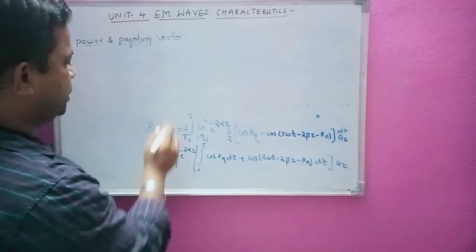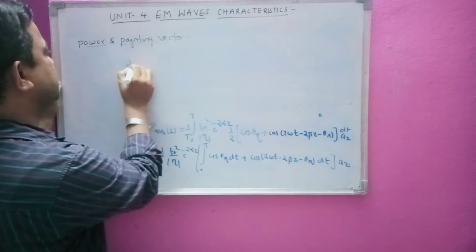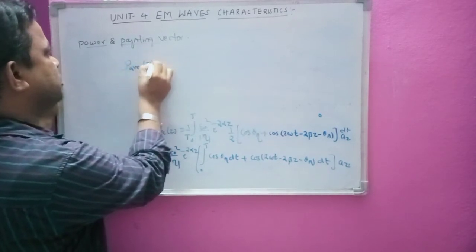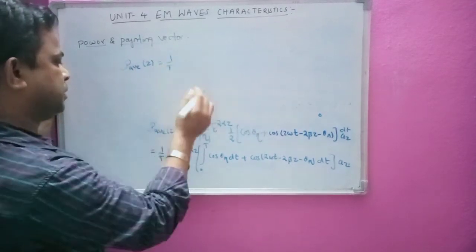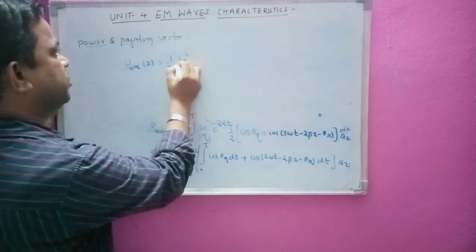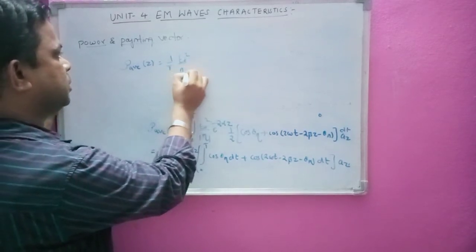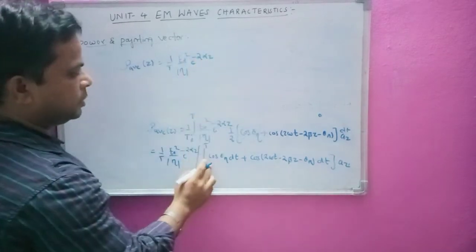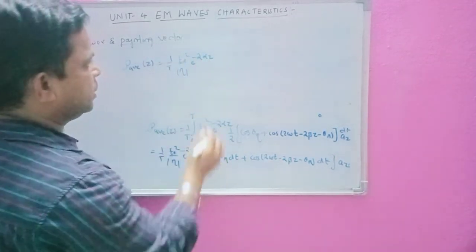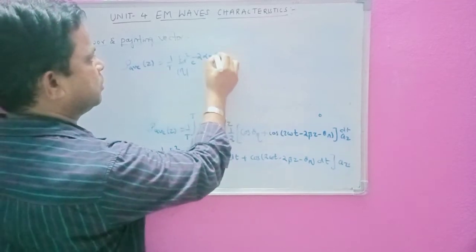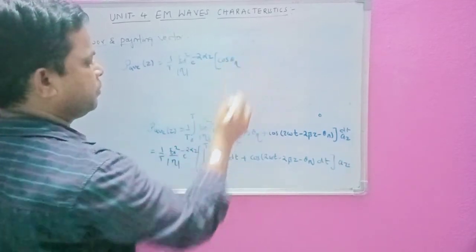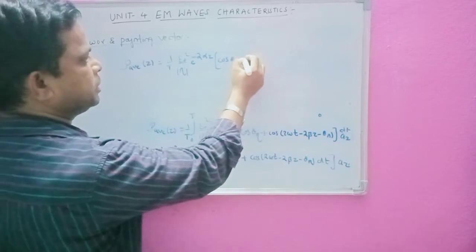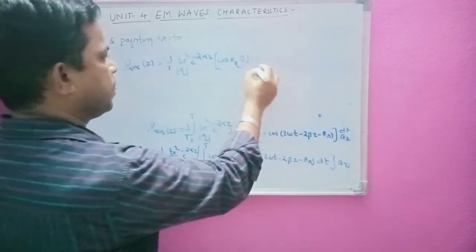So if I take this one, what I get here, P average of t, that is average power, is 1 by T, E naught square by mod eta, e power minus 2 alpha z. So here we get cos theta of eta, that is theta of eta. Integrating with respect to t, I get t here, plus